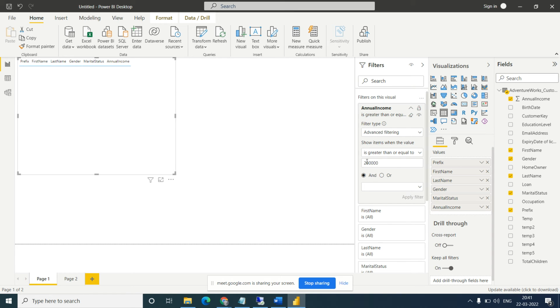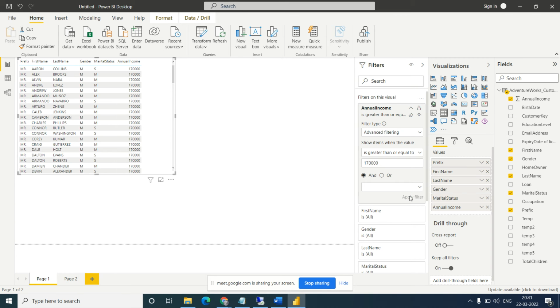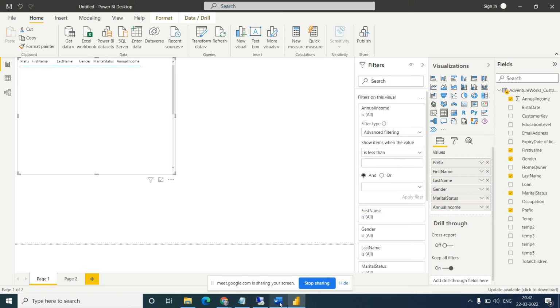Okay, so there is no customer whose salary is 2 lakh. Okay, 170 is there. So highest salary mostly is the highest. So this is how we need to filter out. Understood? How to filter on the dimension, how to filter on the measure, everyone? Yes. So these are the types of filtering.